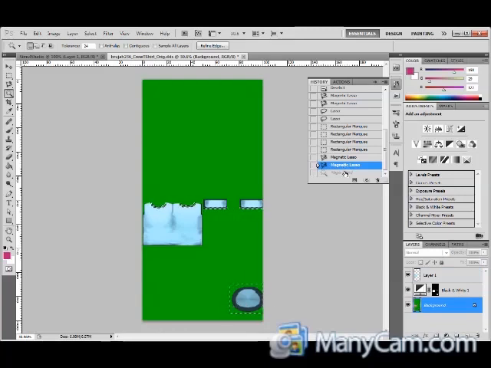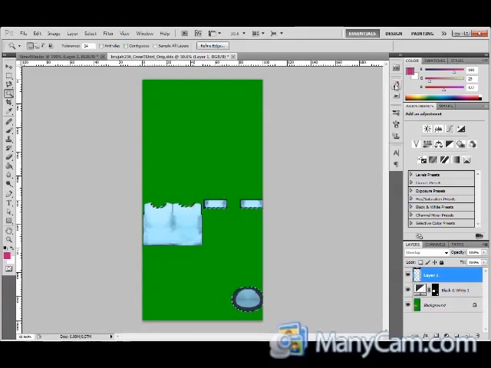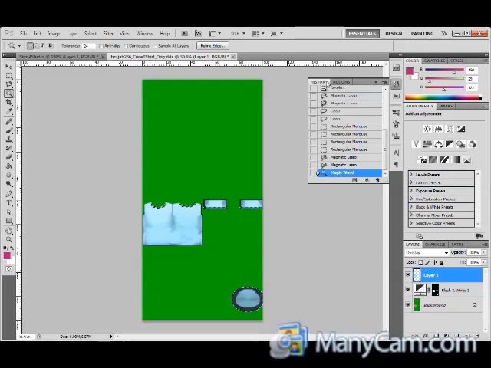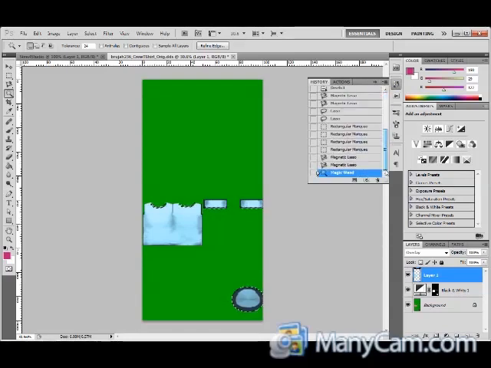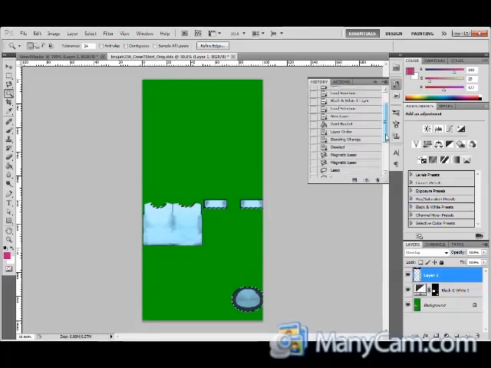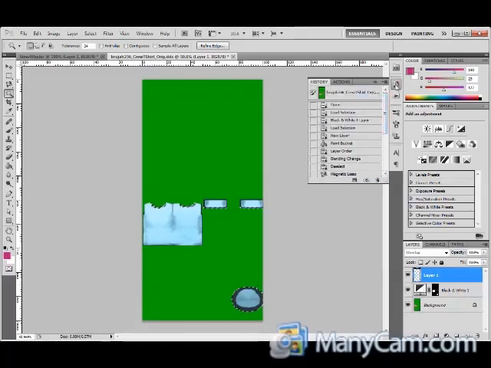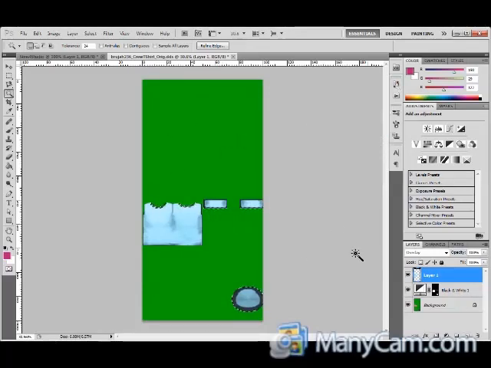See how it's square down here? Deselected everything that's transparent. This little button right here, that's your history, which shows you your last 20 steps, 15 steps, something like that. Okay, now that we've got that,